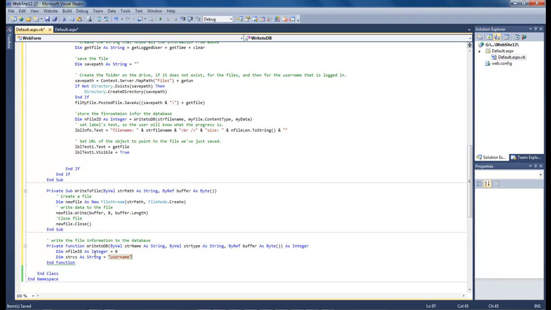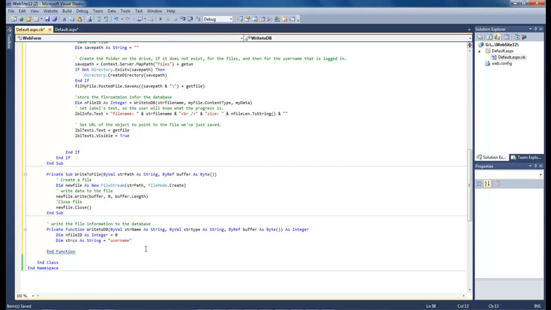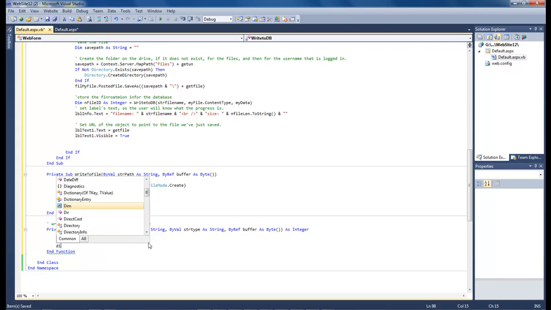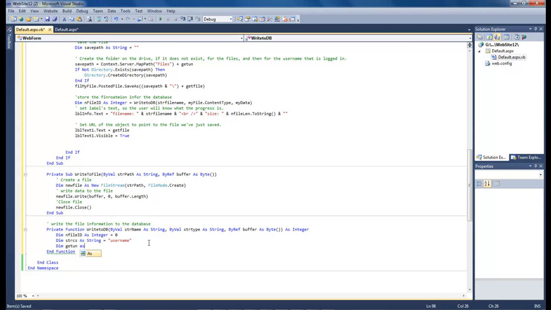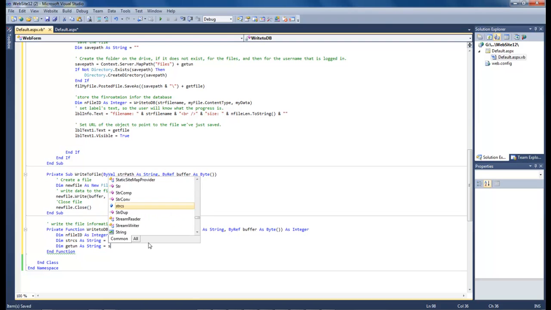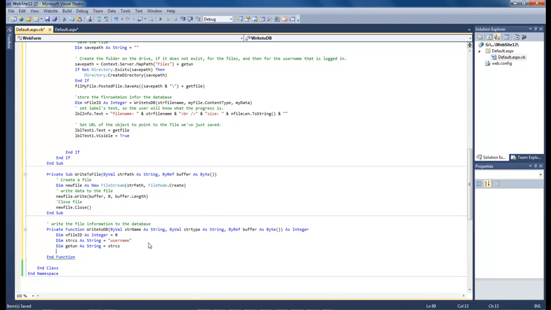username. As I stated before, you can change this right here. This right here is just for testing, just for the lesson, but this can be changed to the cookie or the session, or however you're tracking your logged in user. I use a cookie that lasts for 30 minutes, but anyway, let's go ahead and jump down to the next one. Is a dim get un as string equals string cs, and then let's do dim get logged